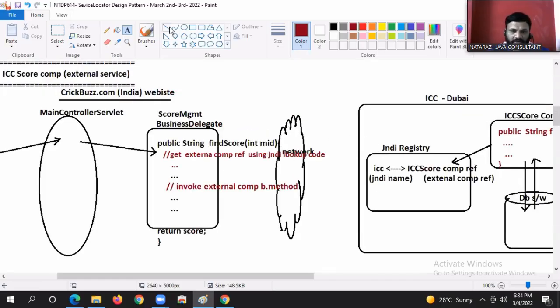Yes, boss. Now tell me what it will do here. It contacts, guys, and gets the external component reference. Super. Nice. Once it gets the external component reference,